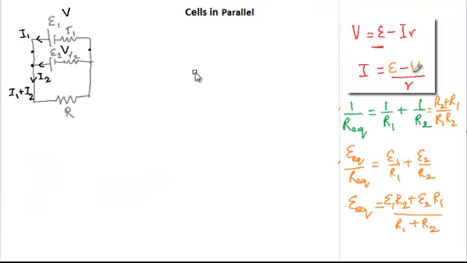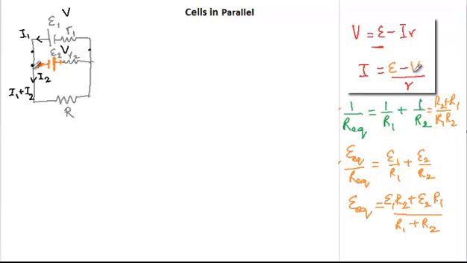Now we'll take a look at a variation in the above situation. Say we reverse the polarities of this cell, which means we connect the negative terminal over here and the positive terminal to the other side. Now in this case you can see that since current flows out of the positive terminal and into the negative terminal, the direction of the current will also be reversed. So we would have a current I2 which flows in this direction now.